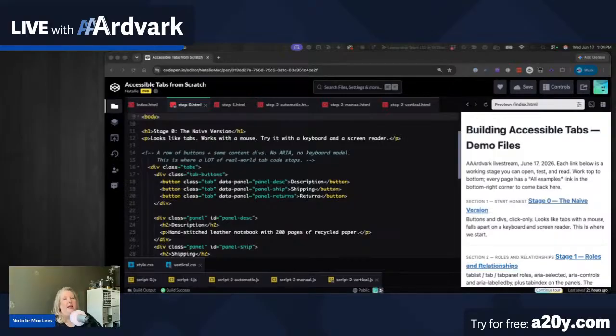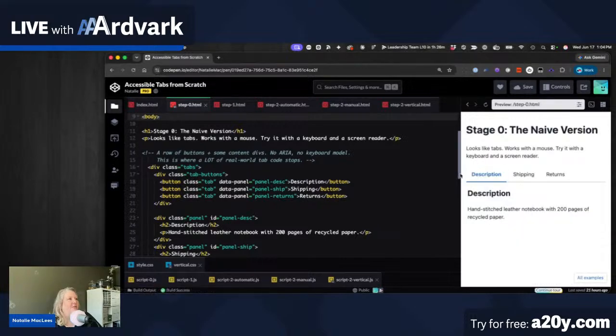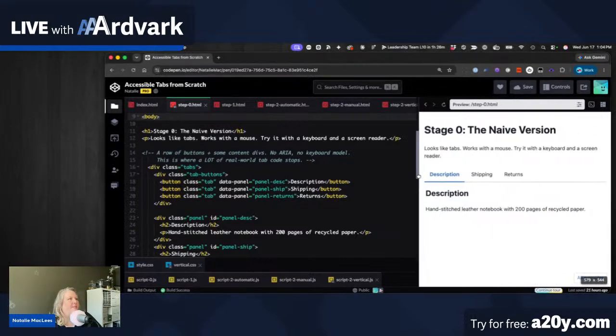All right, so let's take a look real quick at the code that I've got open on the screen. I've called this stage 0, the naive version, and let's go ahead and open that in the browser. I hadn't used CodePen in a while, and I was very surprised yesterday at how robust it's gotten. You can actually have multiple files, so it's going to make my demo a lot easier. I don't have to have multiple different CodePens to show different stages of the project. All right, so here's our